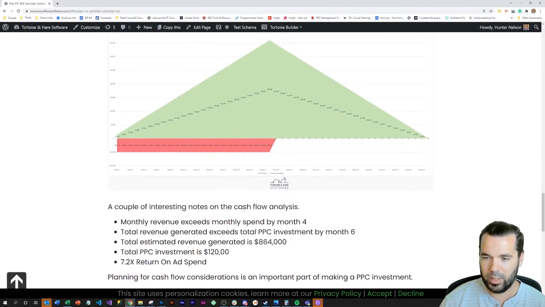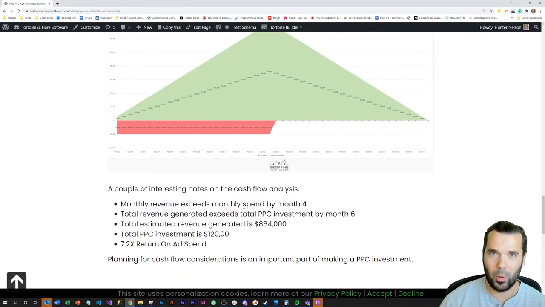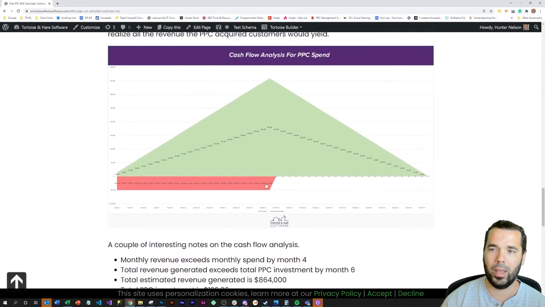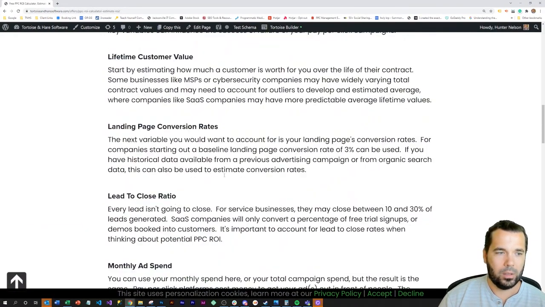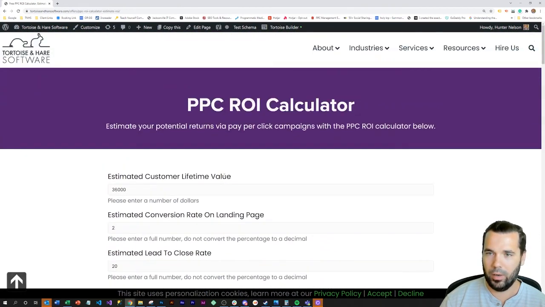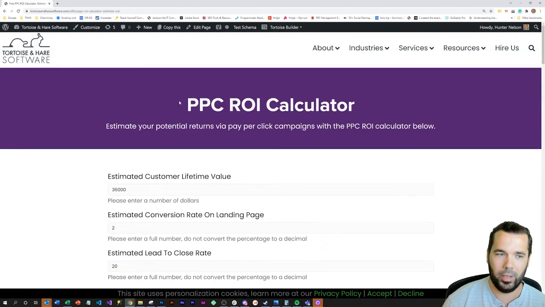So just illustrates that PPC is a very viable and effective way to acquire customers. It does take investment. That investment is front loaded, and you just have to plan for your cash flow when you're launching a PPC campaign, because it is upfront investment with a deferred return, but can be very profitable and be a really solid tool in the tool belt to acquire new customers for your brand. So that's a summary of the PPC ROI calculator and how you can use that to estimate the potential leads